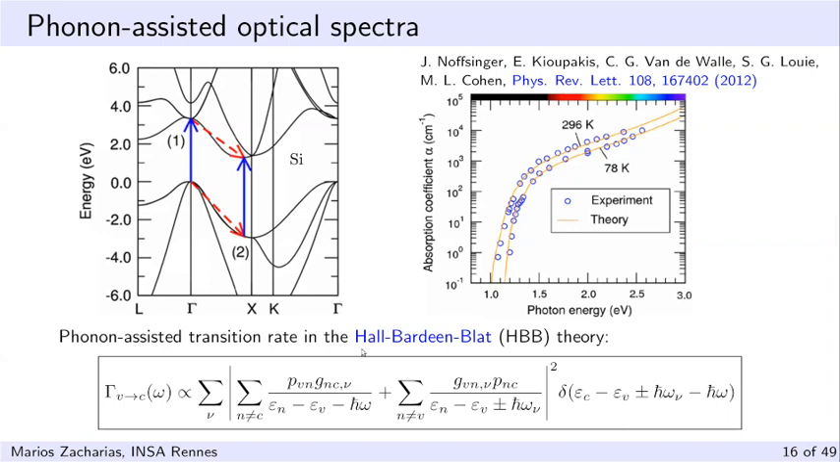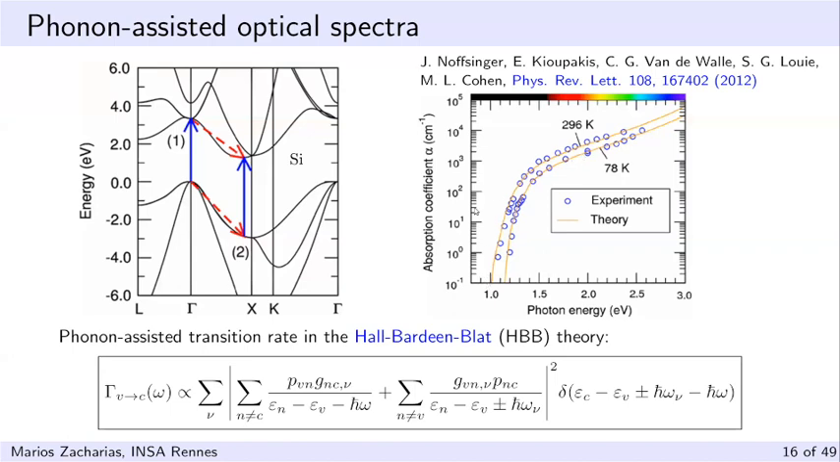The phonon-assisted transition rate theory was developed by Hall, Bardeen and Blatt back in the 50s. And this is the expression, which says that inside the square modulus, these two terms describe the two possible paths that an electron can follow to complete an indirect transition. P is for the optical transition, and G is the electron-phonon matrix elements. In the denominator, we have the Kohn-Sham eigenstates of the unperturbed system, and the delta function is used to ensure energy conservation. So this equation was implemented from first principles in 2012,